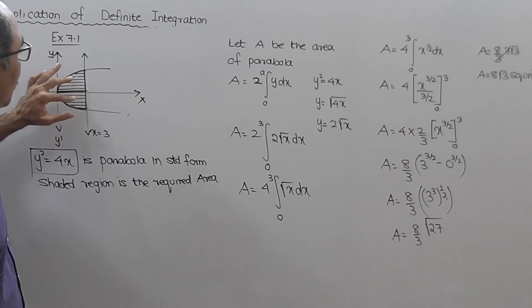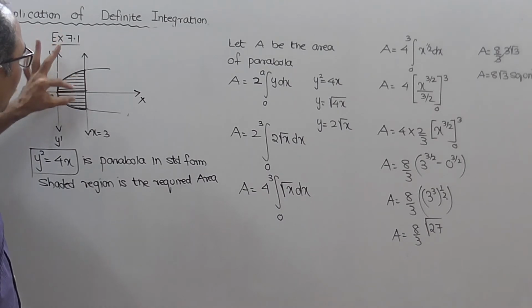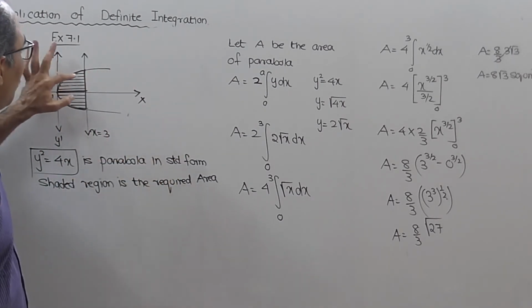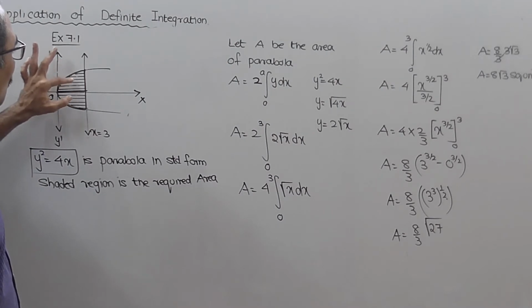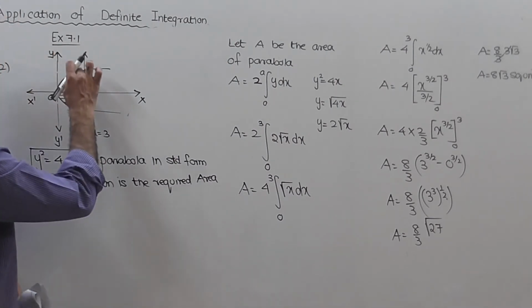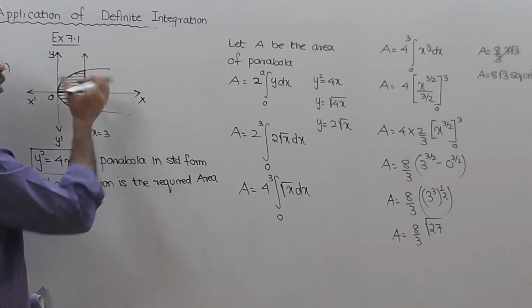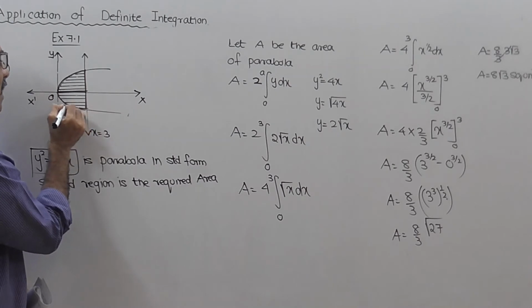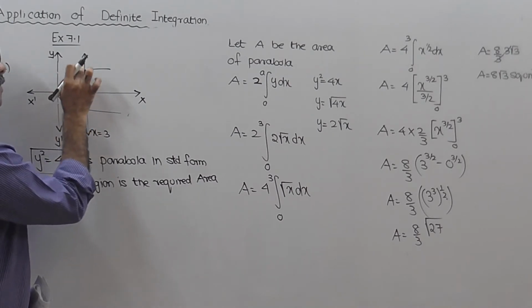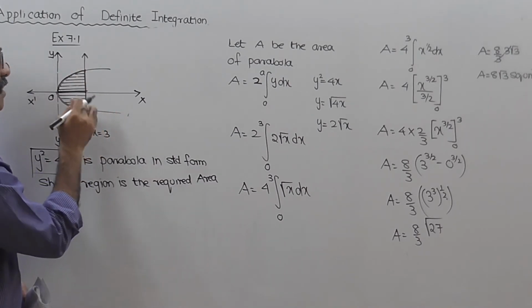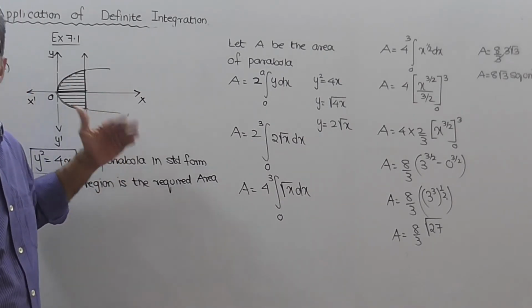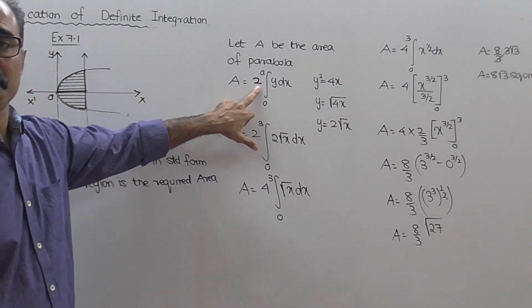So what will we do? Instead of finding the area of the upper part and the area of the lower part separately, meaning the area in the first quadrant and the area in the fourth quadrant, what we'll do is we'll club both. So can I say that if you club both, the area will be 2 times this. If this area is 5, what will the total area be? 2 into 5, 10. If this area is 6, what will the whole area be? 12. So instead of finding the area of this separately and then merging it, I will take it as 2 times. So that is the reason why we are having this 2.